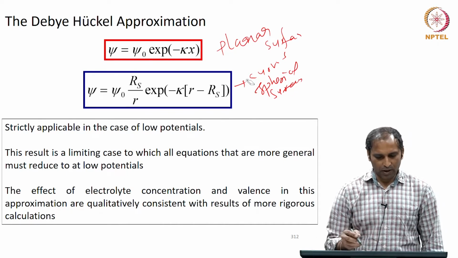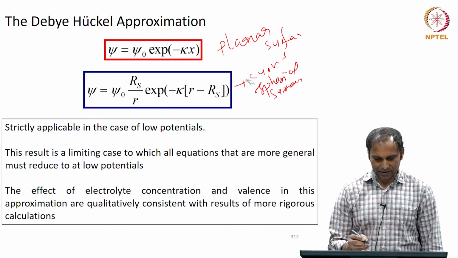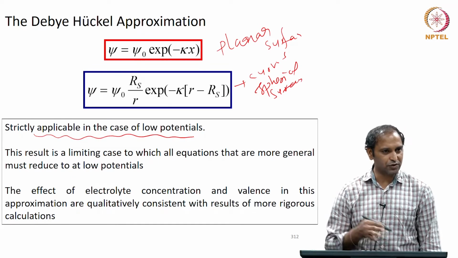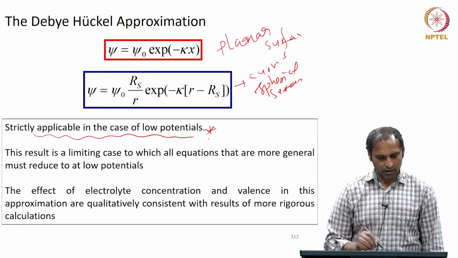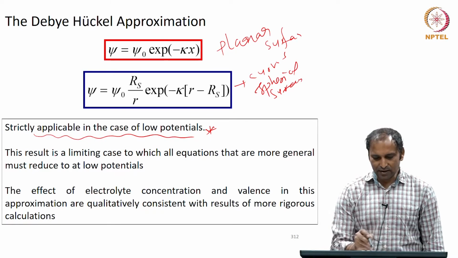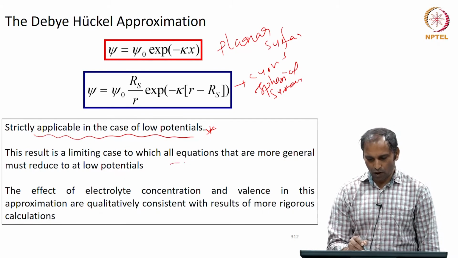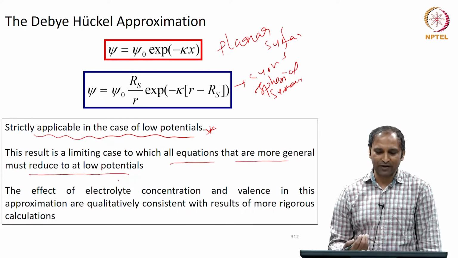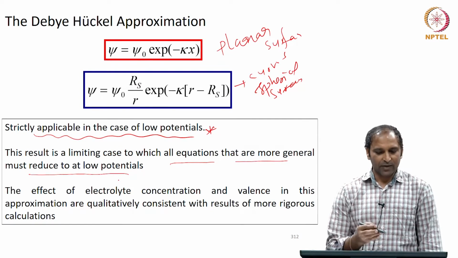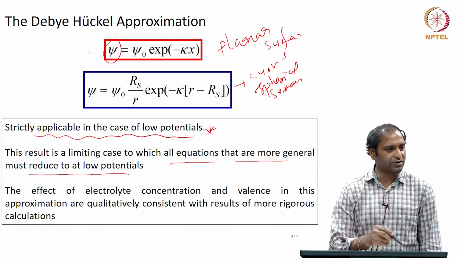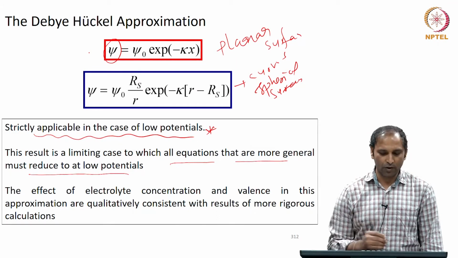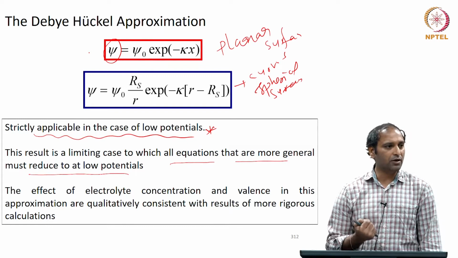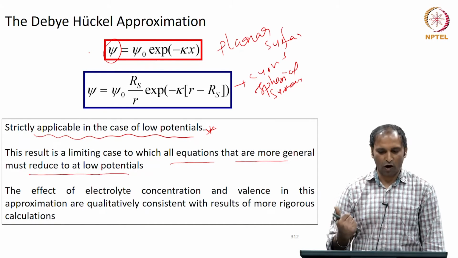A couple of things to keep in mind when you are looking at these expressions are, these are strictly applicable in low potential cases. That is what we have assumed throughout these derivations, so that is very important. This result is a limiting case to which all equations that are more general must reduce at low potential. That means, if I have a way of deriving a similar expression for how psi varies with distance for a more general case, where the potential need not be low, if you have a very high potential case,